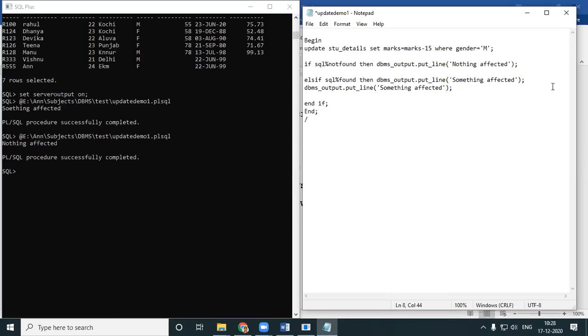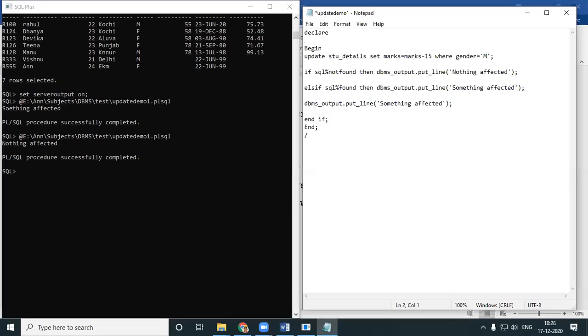Before that, I'll need to find out how many rows are affected. So I'll have a declaration, rows number. Rows is equal to what? Just copy it from here.